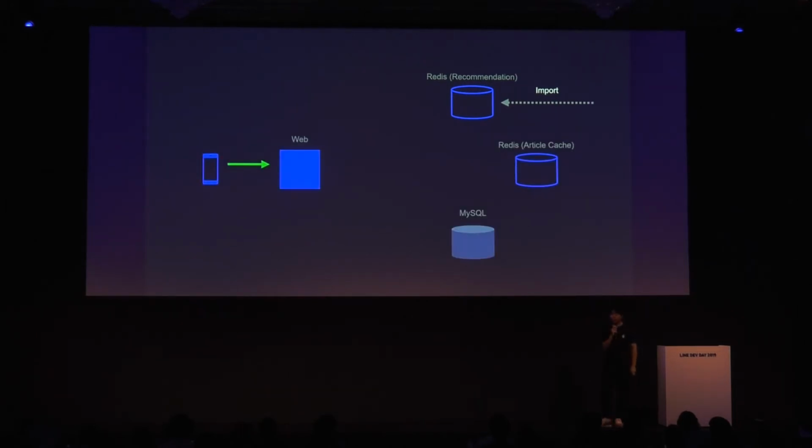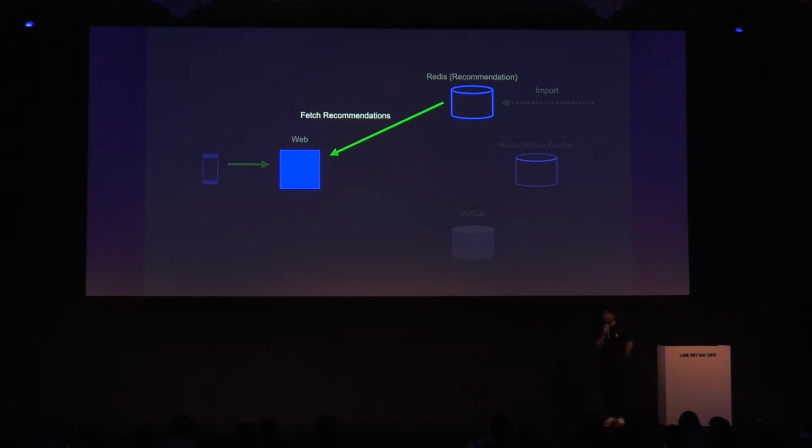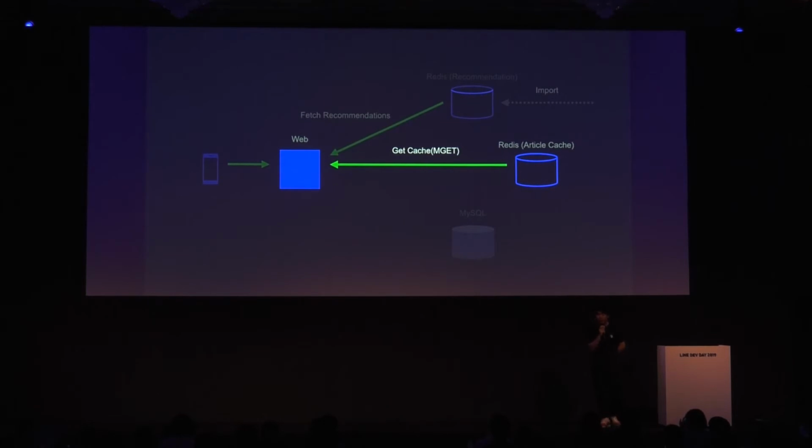When the user sends a request, first of all, from the Redis cluster, we have to fetch the list of recommendations, which is a set of article IDs. Once you acquire the article list,